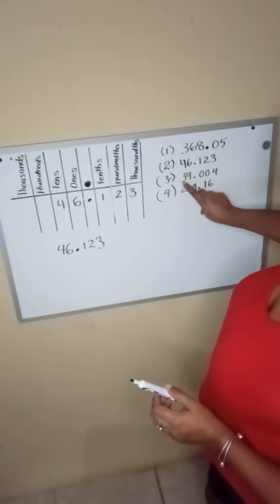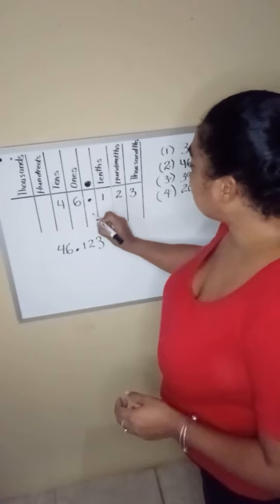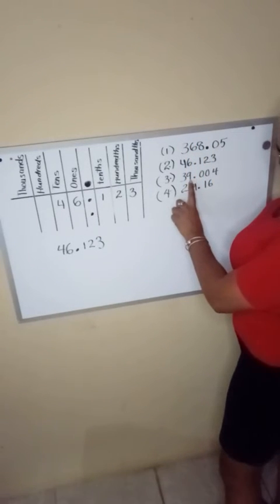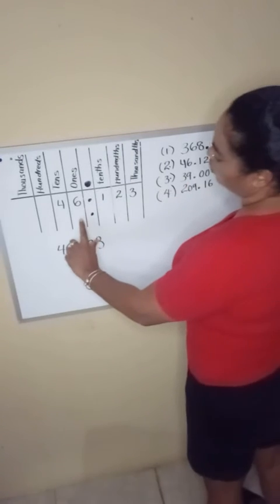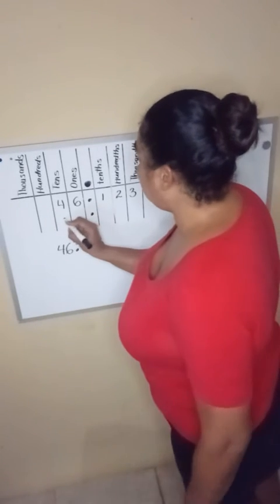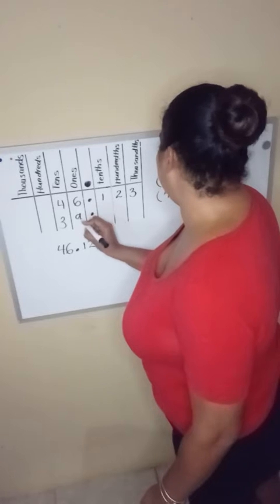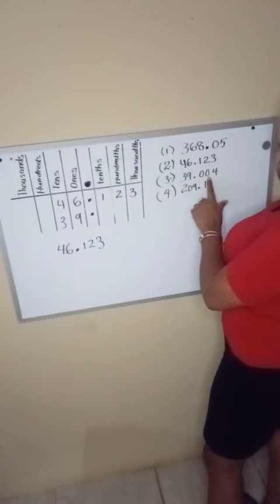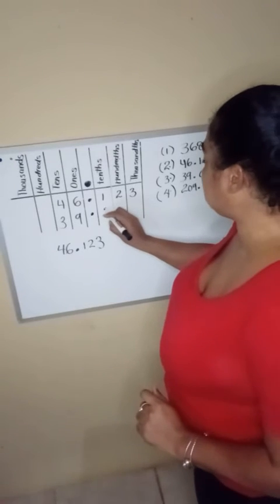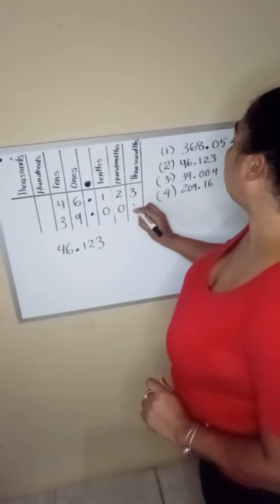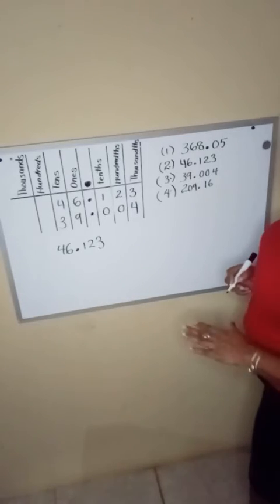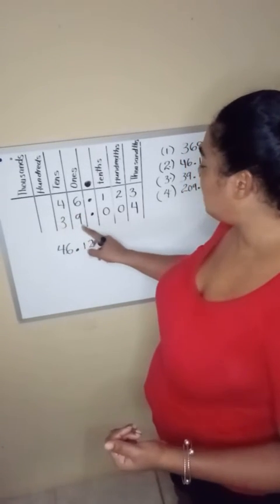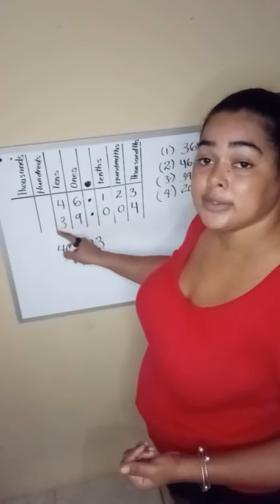Let's do number 3. Now, let's put the decimal here. And we're going to count how many spaces. 1, 2. So we're going to go 1, 2. And here is where we're going to start writing our number. Point, 0, 0, 4. Alright? Now let's read the number. Let's try and read the number that comes in front. 3 and 9 is